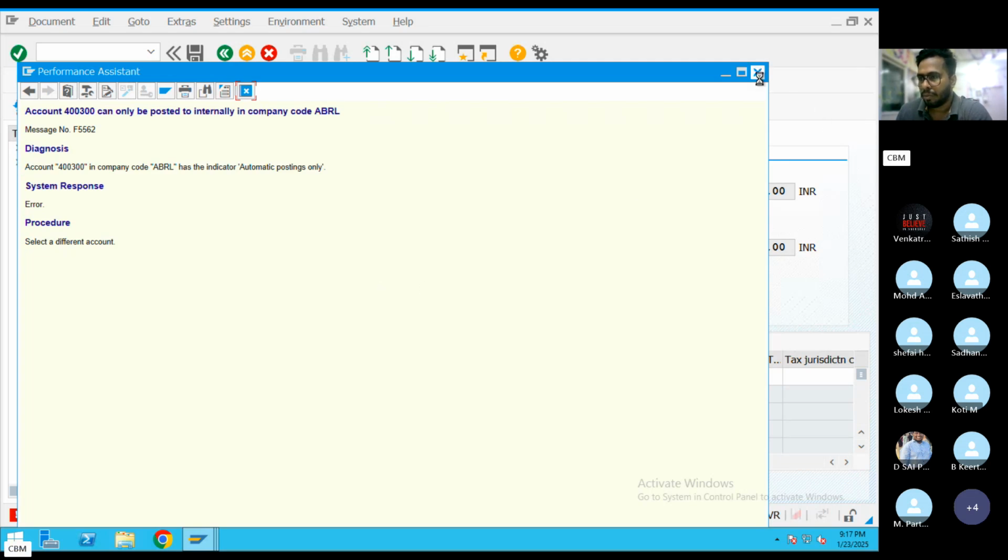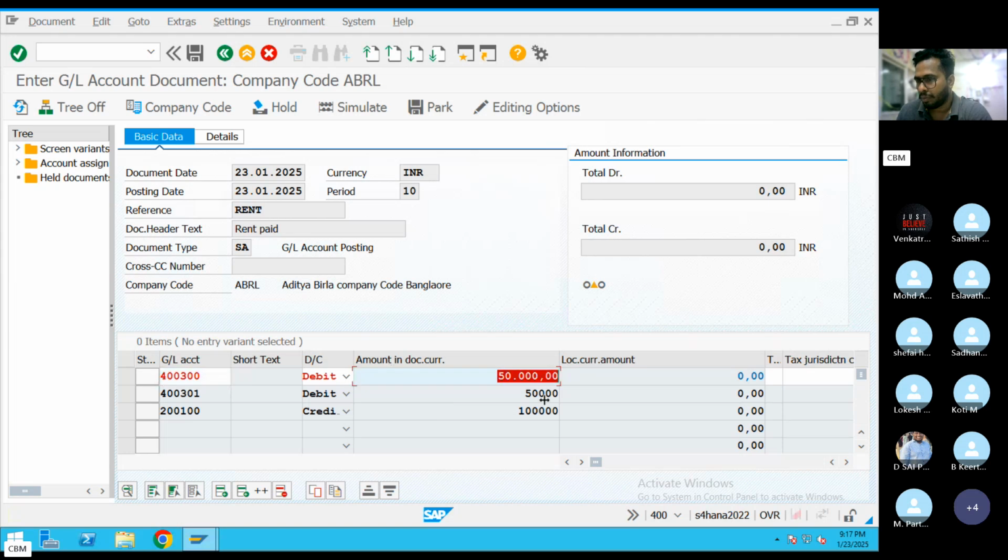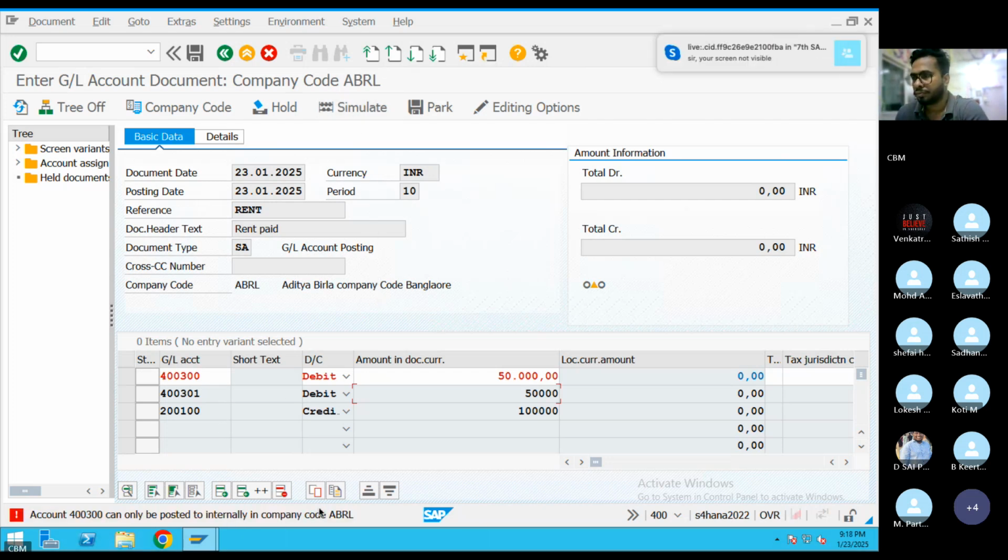You are giving all the inputs correctly. Earlier also we have given the inputs correctly. All debit credits are correct and all GLs taken correctly. All the inputs given in the header records are correct. But in the line item, we are facing this issue at the time of simulating. So we need to resolve this.